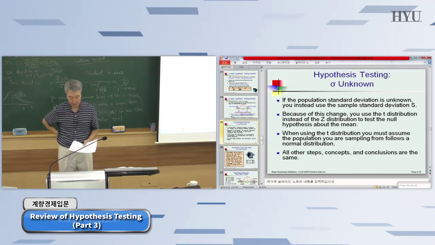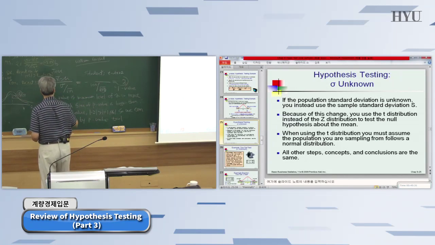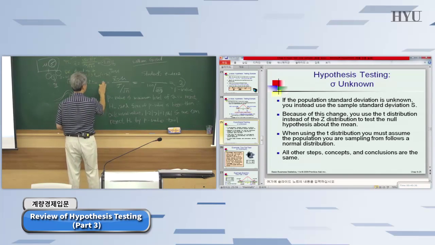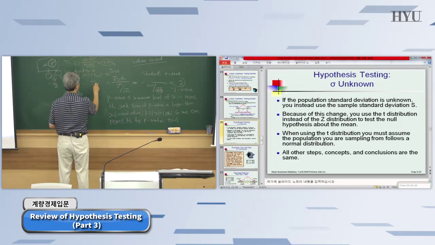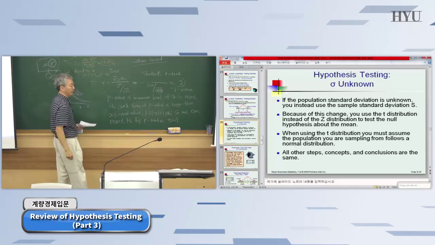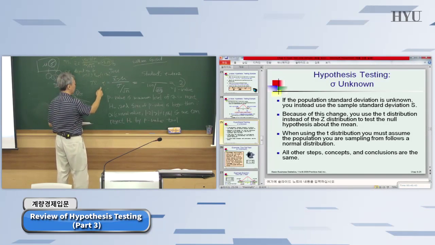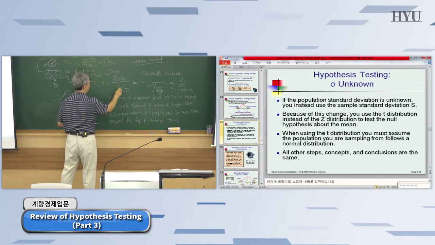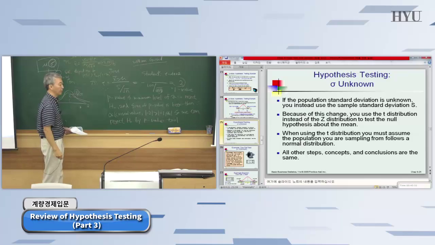So instead of the z statistic, we're going to use a t statistic. But that's exactly the same. The test statistic will be t instead of z, and the way you calculate it is exactly the same as before, except we use S instead of sigma. You're going to use S, the sample standard deviation, and all the rest will be exactly the same. The way you run the test,